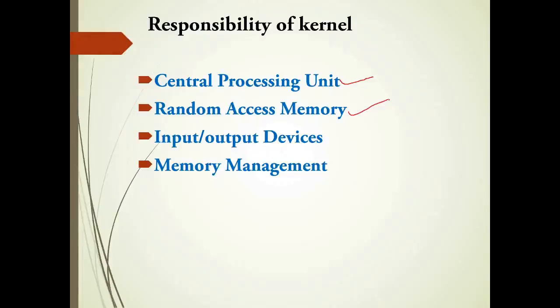Next, RAM. Multiple programs want to access memory. Suppose you are working on different softwares at a time. Every software needs RAM, that is memory. Smaller software uses less RAM and bigger software uses more RAM. So, if there is not enough RAM, then your software will not open or it hangs. So, which software gets how much RAM will be decided and done by the kernel.